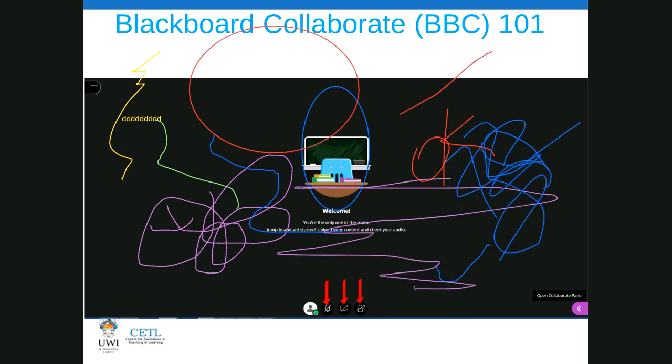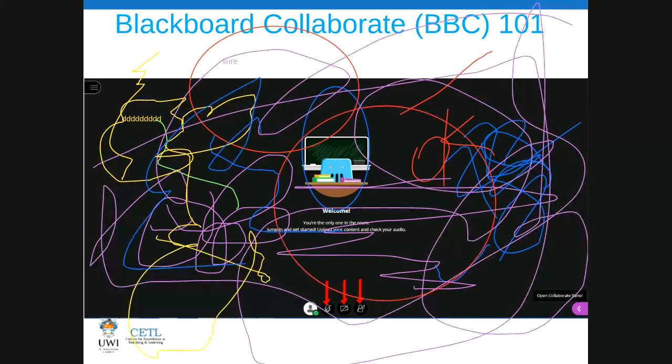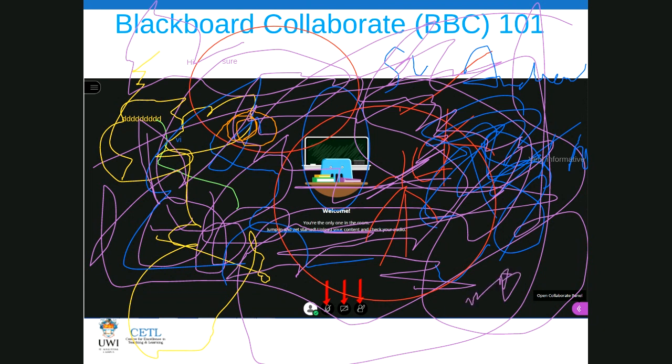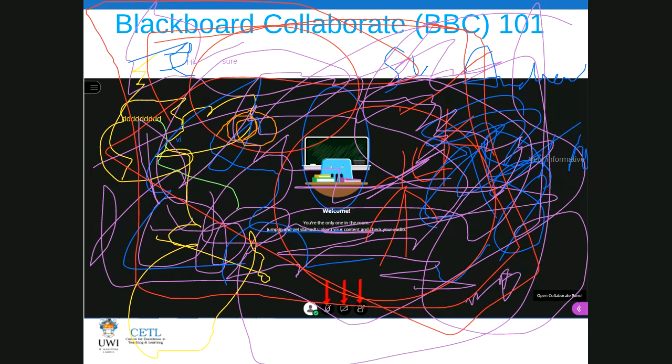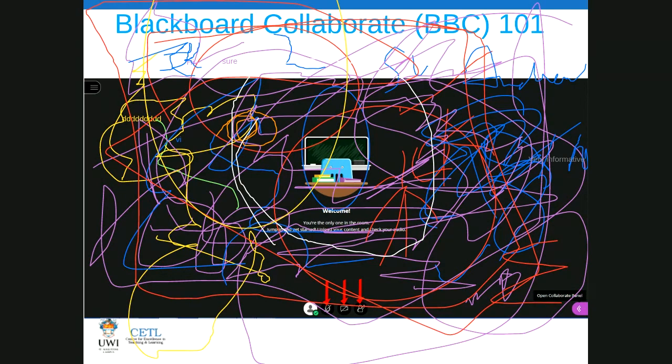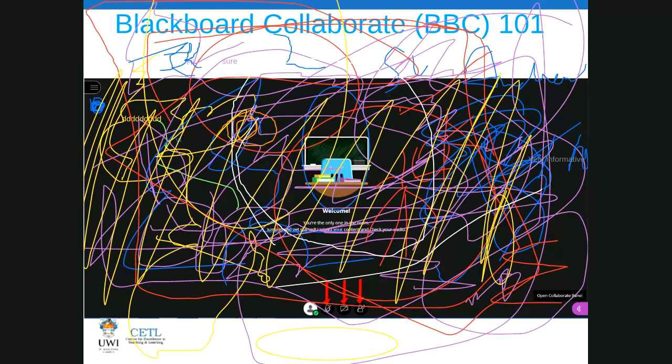I need you to, when you click on that purple, oh wow. What I need you to do, Indira, is just click on the purple icon on the lower right side, and everyone is going to continue drawing and writing until you find it. No pressure.